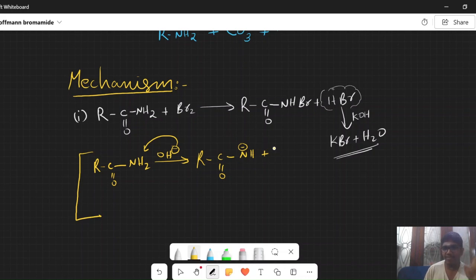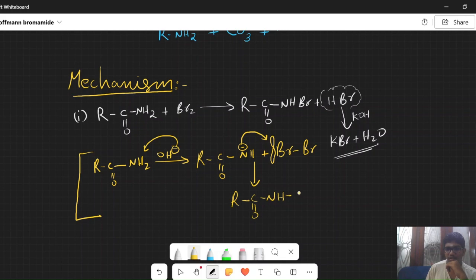So this can be ready to accept the electron supplied by nitrogen. So nitrogen attacks bromine. So what I'll do is I'll write it here plus Br single bond Br. This is how bromine is. And there is a vacant d orbital. Both bromines have it, but I am just marking it for one bromine, which is being attacked by nitrogen. Okay. So the lone pair of nitrogen, or the negative charge on nitrogen, attacks the bromine, donates the electron to the d orbital of the bromine, and this forms RC double bond O